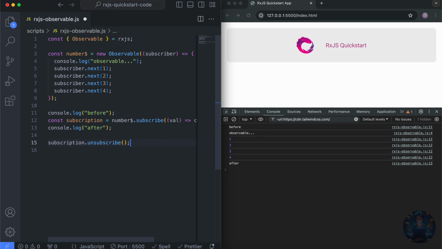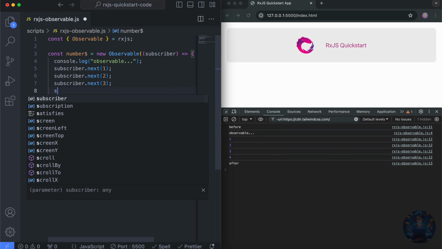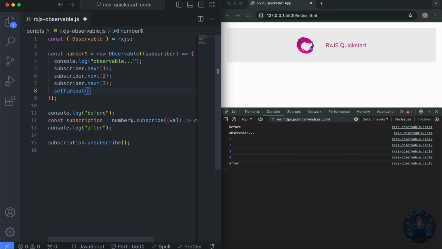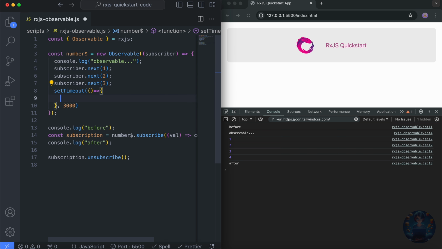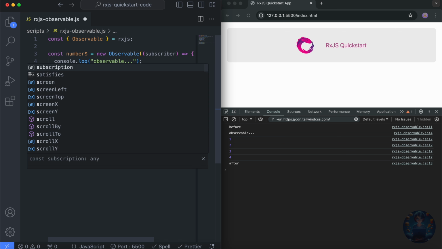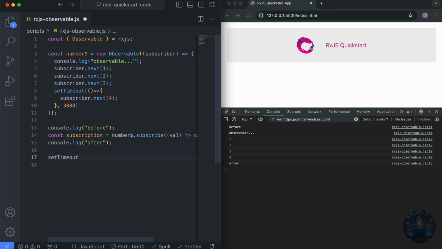Okay. And what we'll do here is we'll add a timeout which sends this value after 3 seconds. Okay. And we'll invoke this unsubscribe method after 1 second.